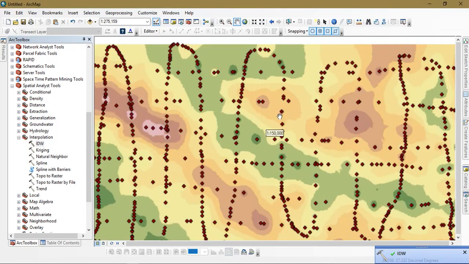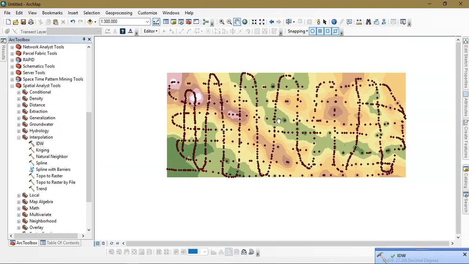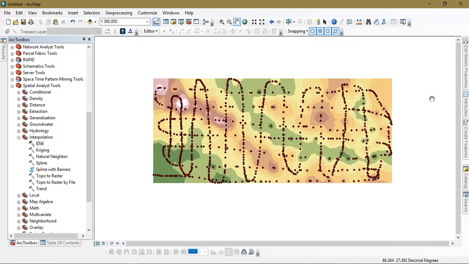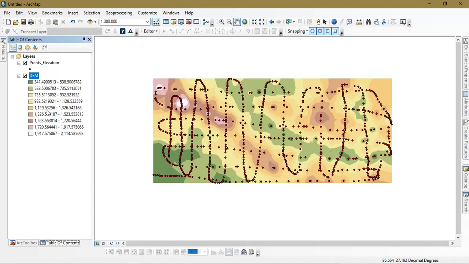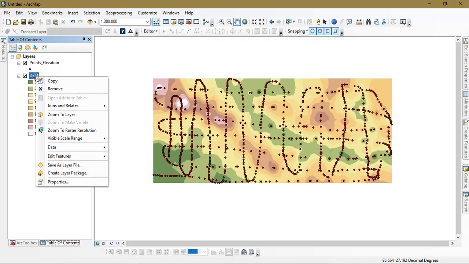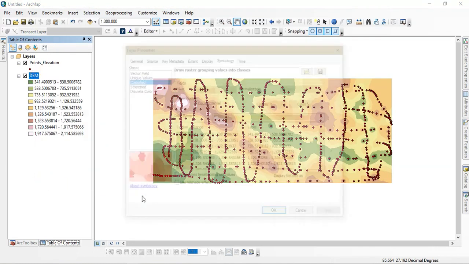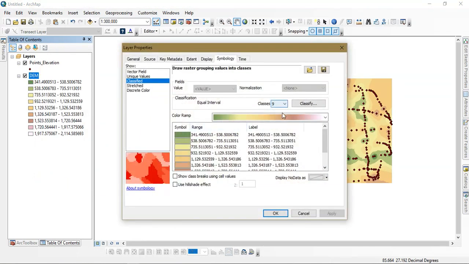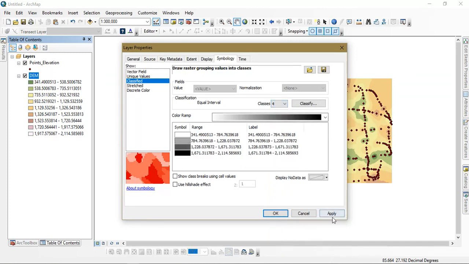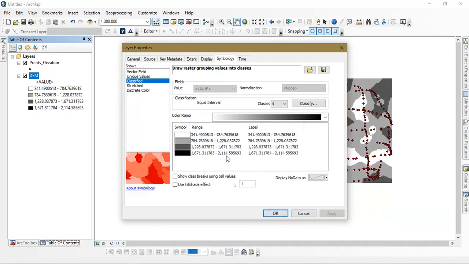As you can see here, the process has been completed, and we have been given a raster layer as output. So go to the table of contents. From there, go to the option Properties. I'm going to choose just one color and classify it into 4 groups. Just apply it.